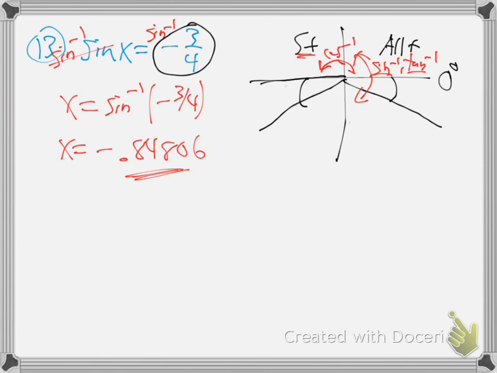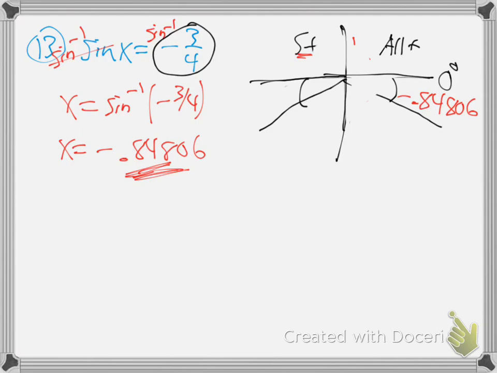So that means this answer must be a fourth quadrant answer. This is down 0.84806. That must be fourth quadrant. Down, negative angle, right? Right, everybody tracking with me? So, get that out of the way. Therefore, we've got to find the one in the third quadrant, which is also down 0.84806. But if we're starting from 0,